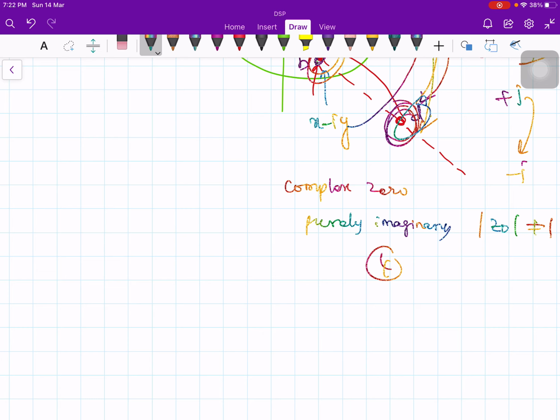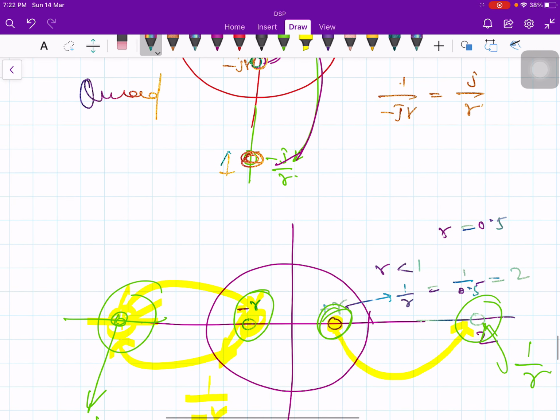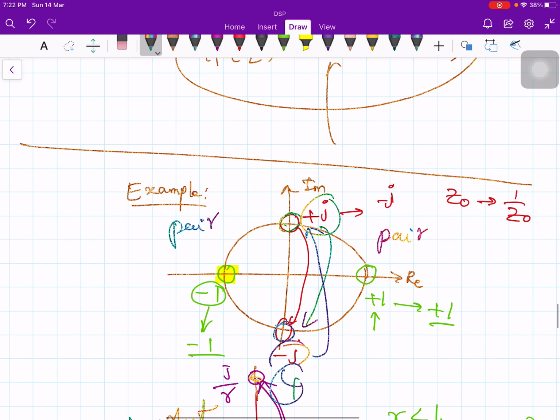In case the zeros occur on the unit circle, as I said given in the second example, they occur in pair and they do not reflect in its special property of linear phase. So that's all about type 3 and type 4 filters. In the next class, let us consider a few examples, and then we will work on it, and we will design type 1 filter, type 2 filter, type 3 filter, and so on and so forth.